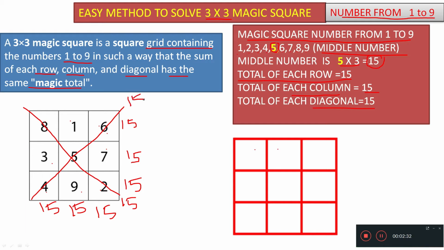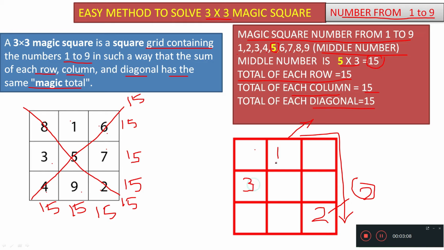Now how to fill up this 3 cross 3 table, that only we are going to see. First number you should write in the first row in the middle box. So 1. Second number you should write diagonally, but here there is no box in the diagonal. So what you have to do, you have to come to the right side, to the last column, and in the last box you put number 2. 3 you should go diagonally. Always you should write the number diagonally, but here there is no box to put the number. So what you have to do, come left and in the last box you put the number 3.